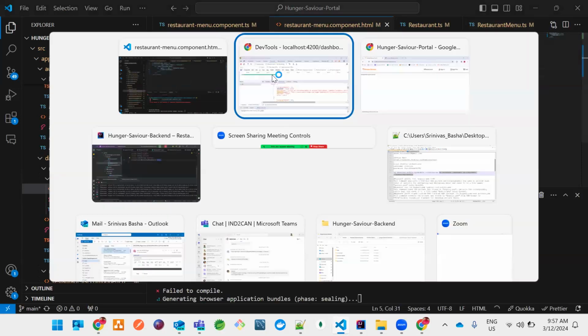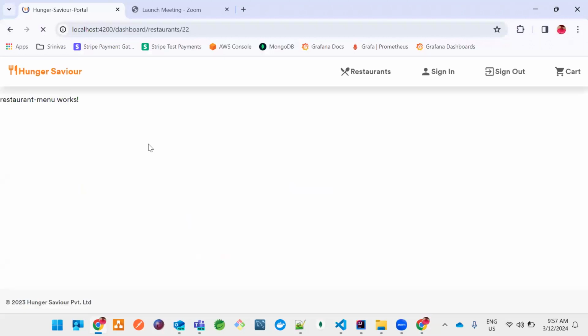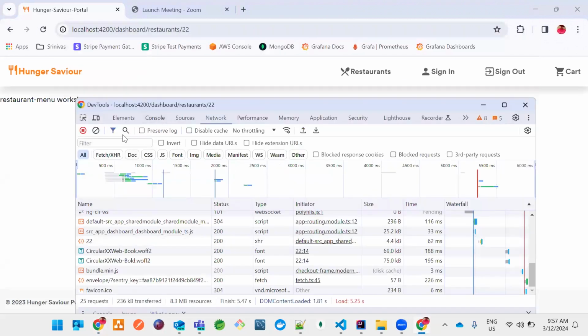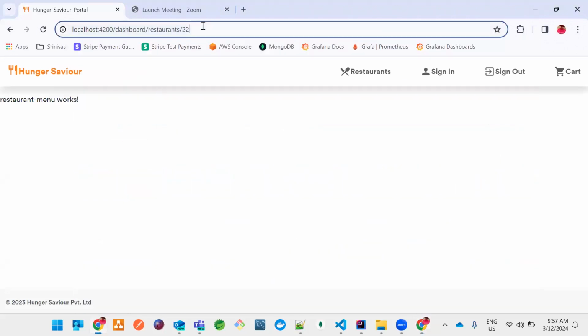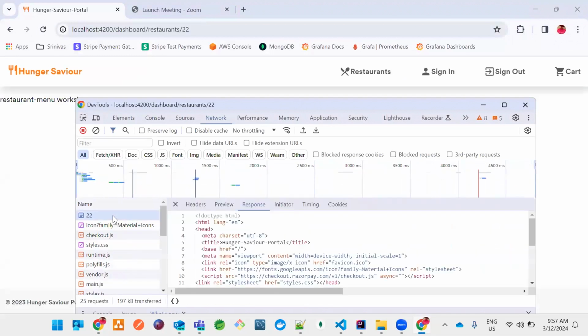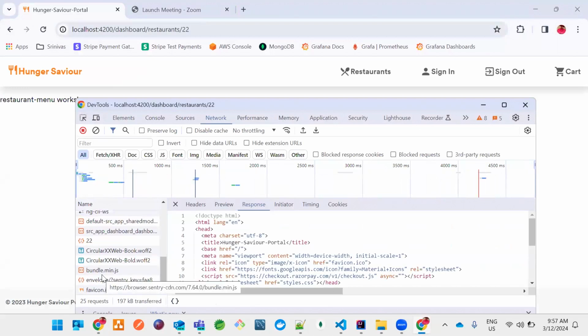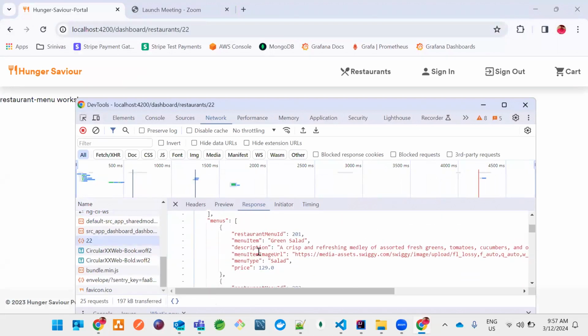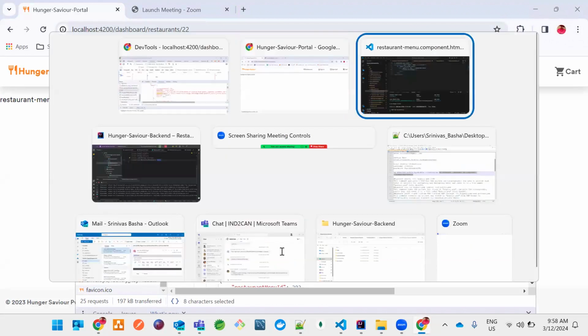If I load this, I just wanted to cancel this and hit the data again. So we hit the data successfully, and here we have a call to the backend API. We are getting all the things as expected, and this is an array. As this is an array, we are going to get menu item, but why it is not displayed inside this one